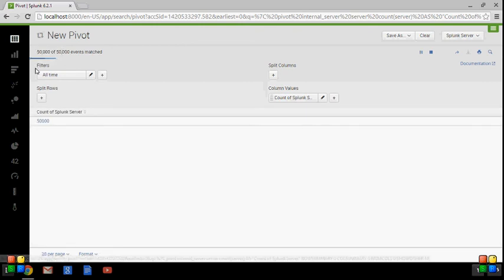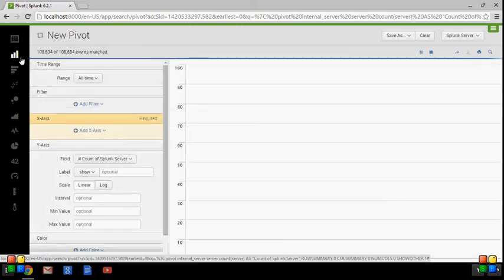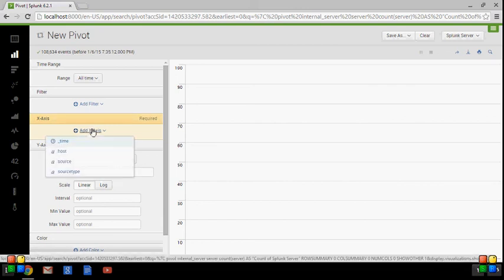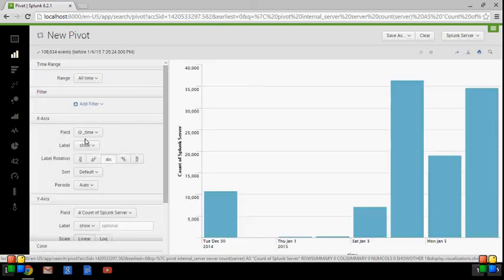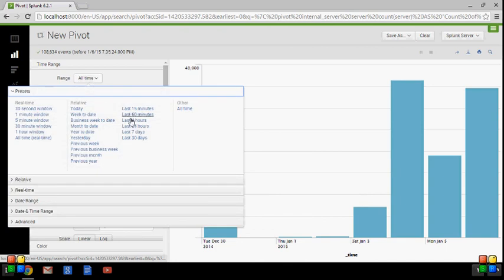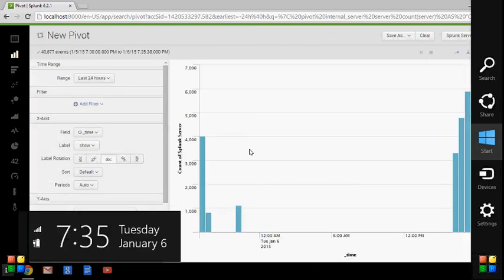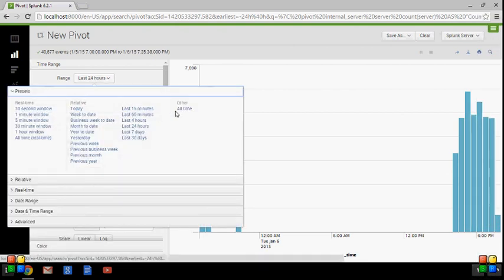bar chart by using the events which have been in the Splunk server. And then the bar chart has a time range of all time, and there's no filter added. I am using an x-axis, and the x-axis has a type of time period where the bar chart is seen. Here the x-axis gives the time period, and the y-axis gives a count of Splunk server, where this time can be set for the last 7 days, 24 hours, or whatever time is required, so we can get the required chart. So this is for the last 24 hours, and by default I'm setting it for all time, where